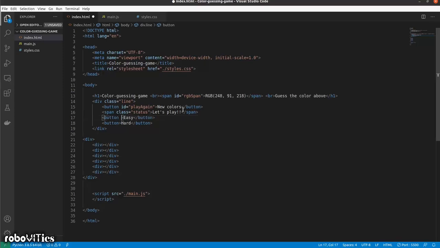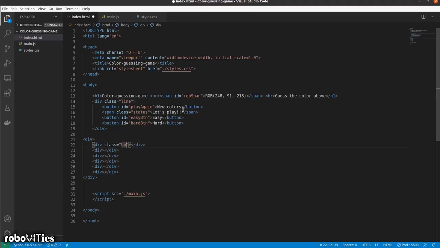So our easy button is EASYBTN, and our hard button has an ID of HARDBTN. Okay, so now that we have done this, I want each of these to have a class of box.